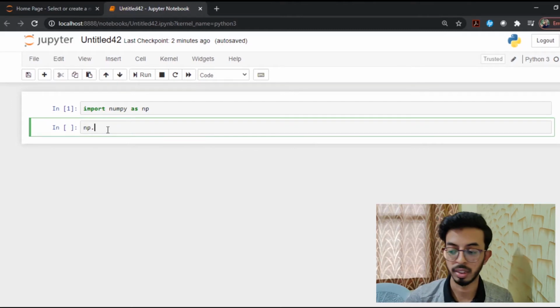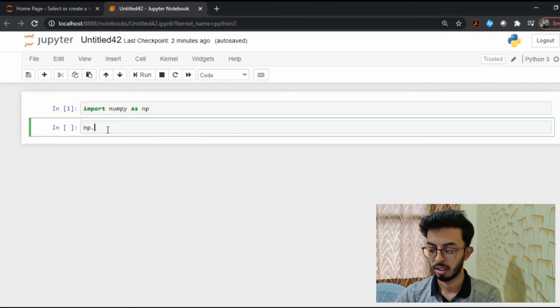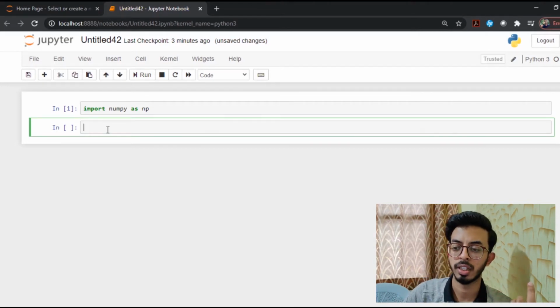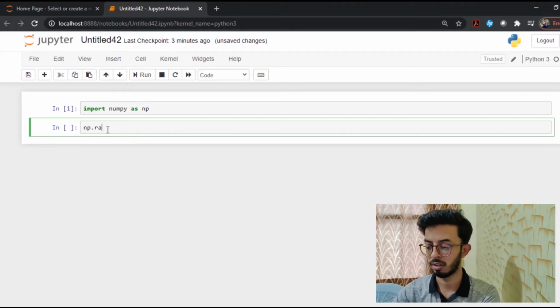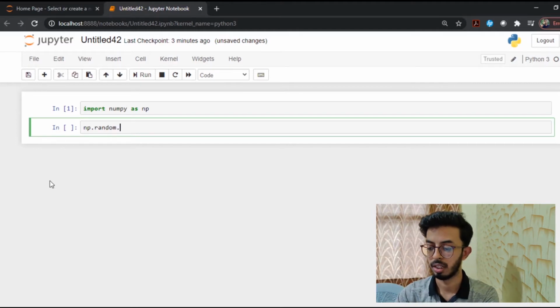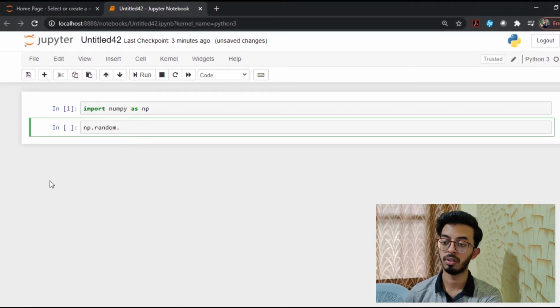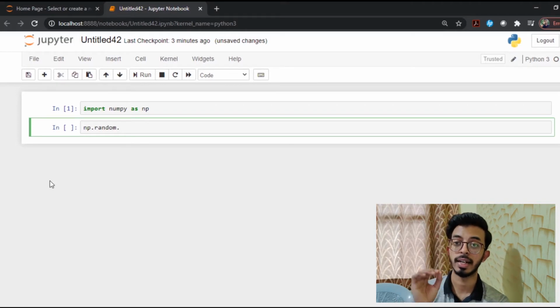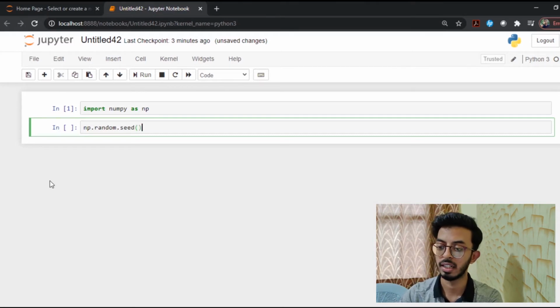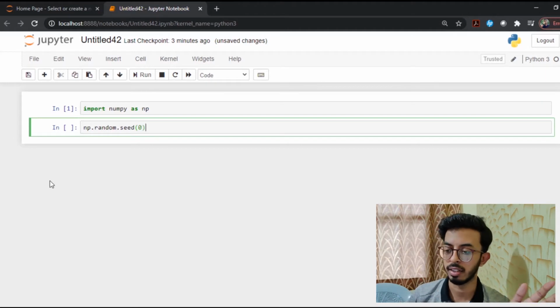You can use np dot random to generate an array of random numbers. If you want to generate the same random numbers all the time, you can use this function called seed, which takes an integer. You can literally give any integer.